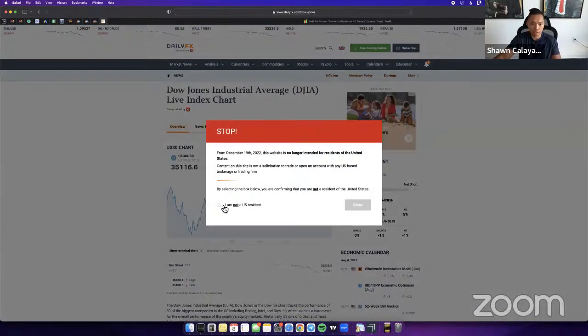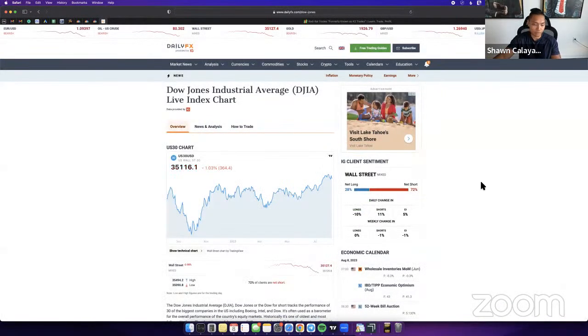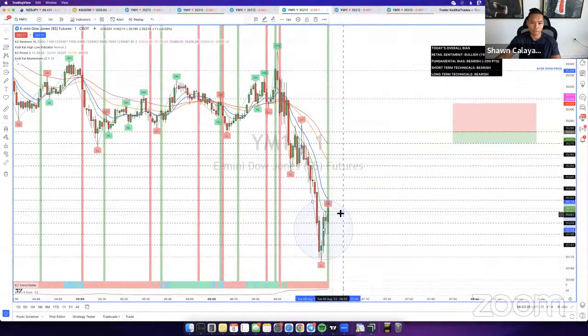I think price will actually continue dropping because sentiment here isn't as strong as it was over the past couple of days. Typically we want it to be above 65%. It's still above that, but this year it's pretty much mixed right now because this was 85% last night. And then you guys can see how long it's changed within the past day. So you can see daily change right here. Shorts are up 11%. So it pretty much changed by 11% since yesterday. Pretty big change in my opinion. So you want to be a little careful with these traps here that are being set up.